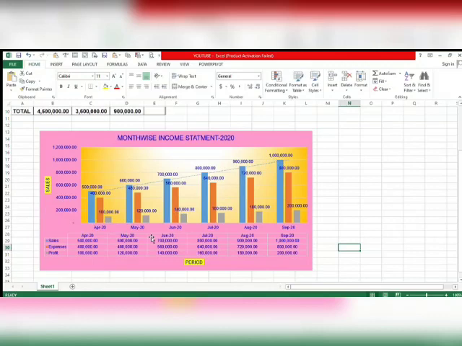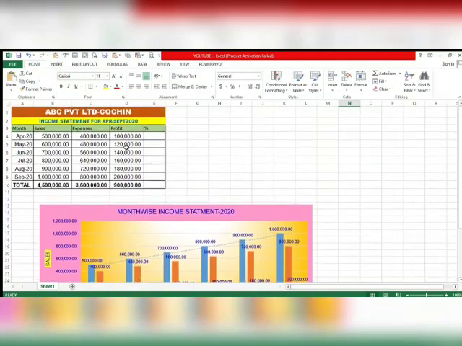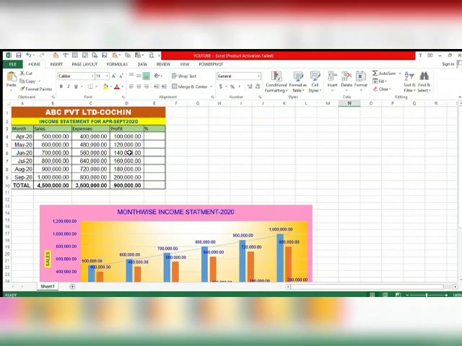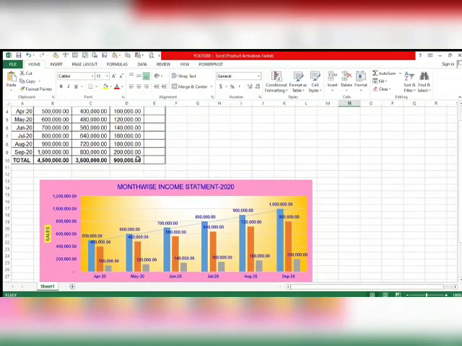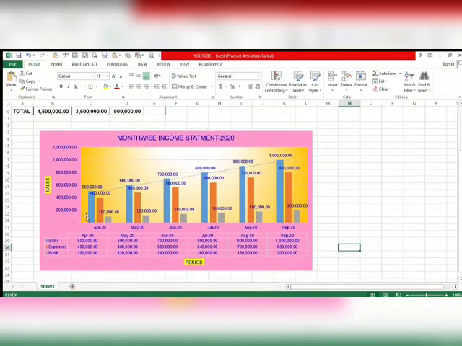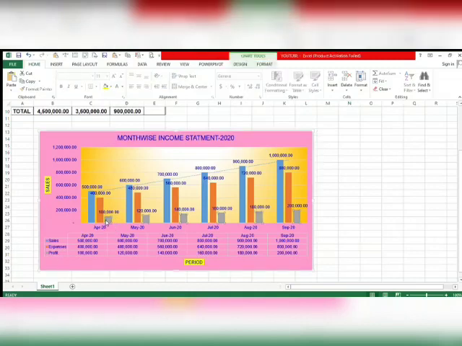So whenever management is checking the chart, they can understand that sales is going in an increasing manner. Likewise, when comparing the profit, the first month profit is 1 lakh, and then it is an increasing trend: 1 lakh, 1 lakh 20, 1 lakh 40, like that till 22 lakhs. See this grid line, 2 lakhs. This gray point is the profit. Maybe we can change that one into another, maybe a green one. So this is the profit.